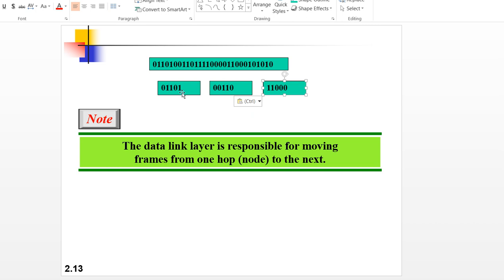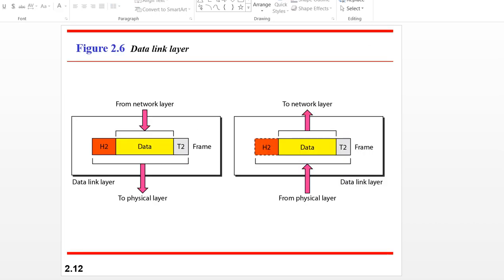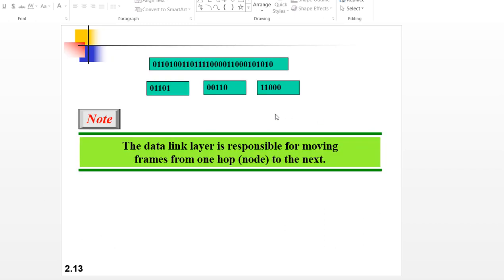The first one is known as frame 1, this is frame 2, and this one is frame 3. So what the data link layer does is convert those bit streams into frames, and those frames are transferred to the next layer. What is the next higher layer for the data link layer? The data link layer has the network layer as its higher layer. Here it is, the network layer. The data is sent to that network layer in the form of frames. That is the working of the data link layer.